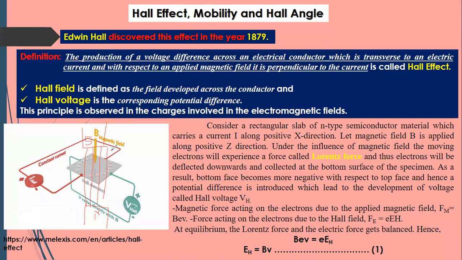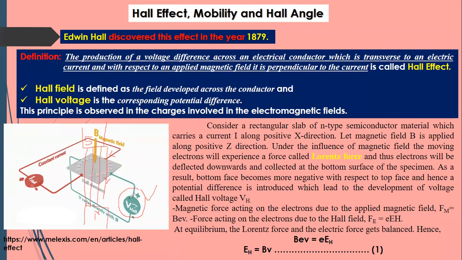The current is also passing through that metal slab, and at that time if we measure the Hall voltage, that is the potential difference, while the constant current as well as the magnetic field pass through the metal slab, the Hall voltage will vary. It means V varies directly with B. Whenever the magnetic field is passed in this way, the voltage varies, and due to that, the Hall effect was discovered.